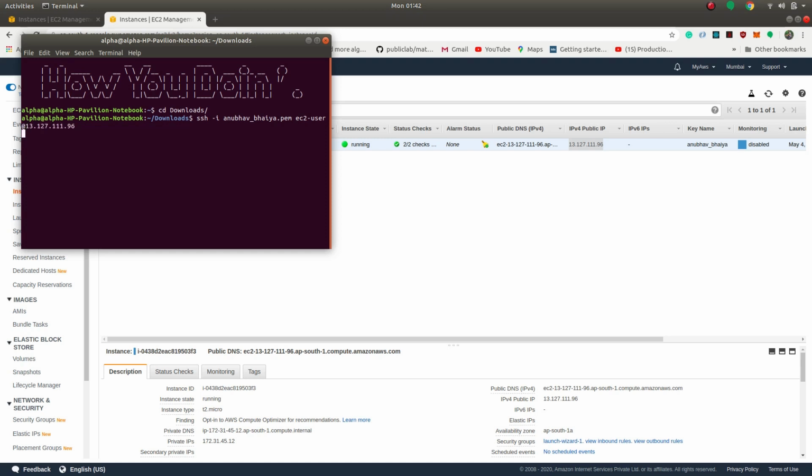For this tutorial I have created an Amazon Linux EC2 machine. You can choose any EC2 machine of your choice. I am working on Amazon Linux, so because of that I have ec2-user by default. If you have an Ubuntu machine, then you will have an ubuntu user by default. So you should be careful at this point.